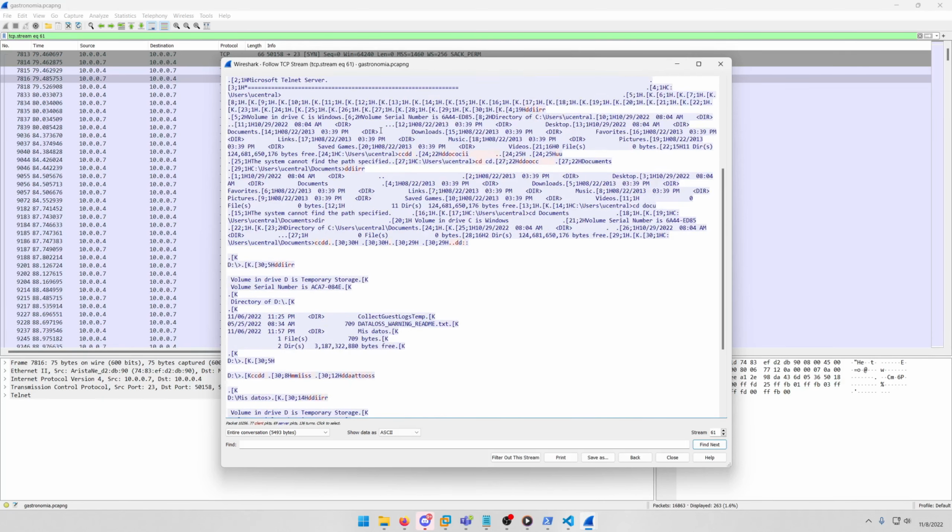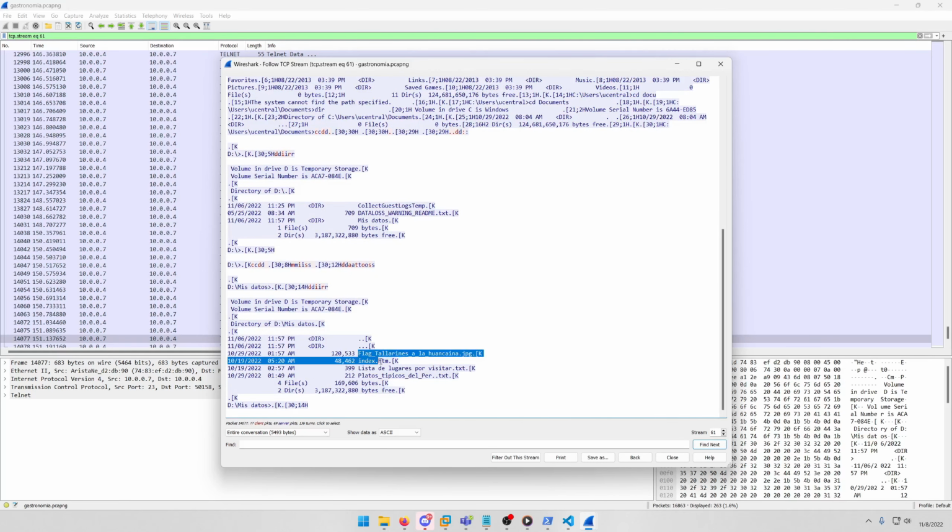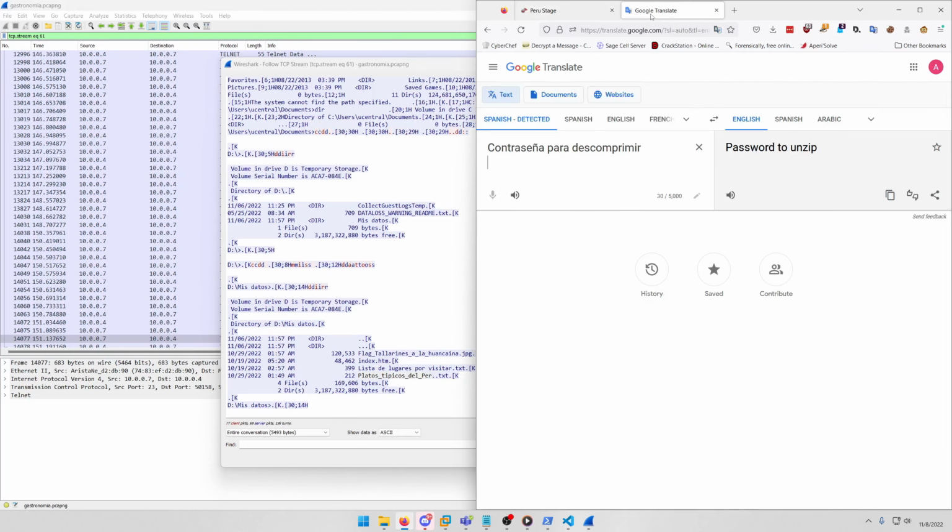And then if you scroll down, you're going to notice some interesting file names here. One of them seemingly labeled as the flag. Well, I can tell you that this file name is indeed the flag. What you're going to do is copy and paste this section right here. And the way to realize that that is the flag, if you don't realize that the name is the flag name, you'll notice that there's this platos tipicos del peru.txt here. And if you copy that and put it in the translator,